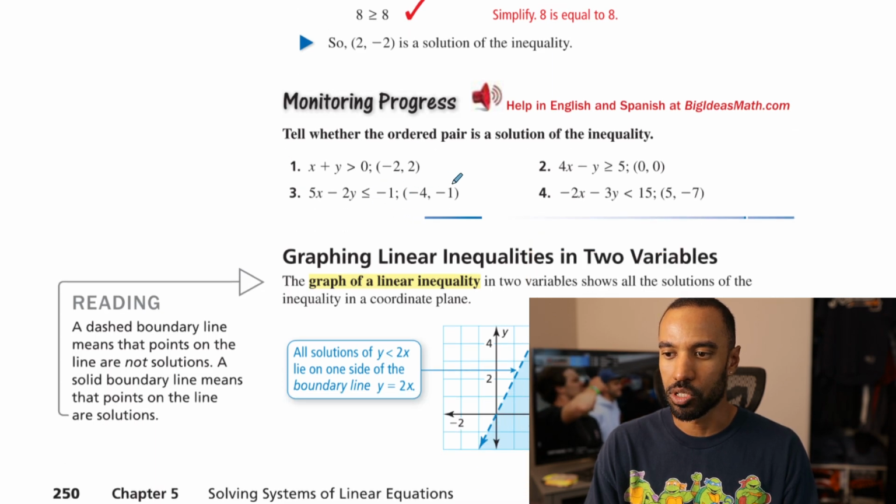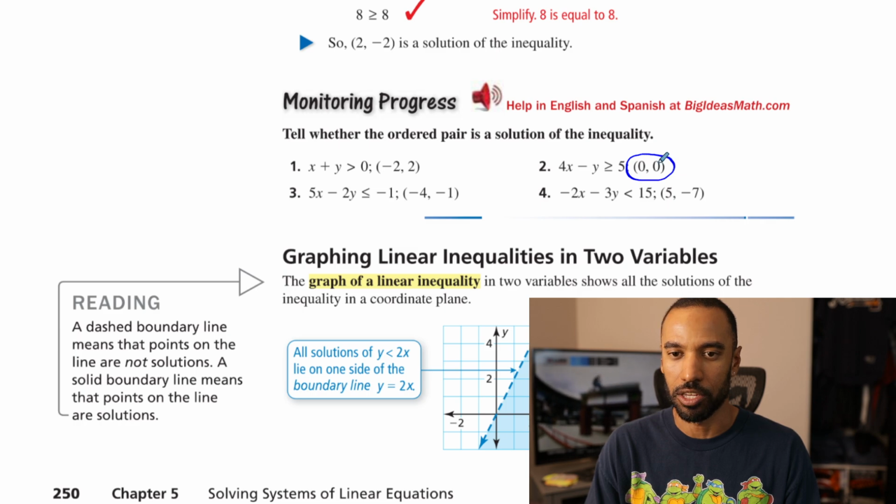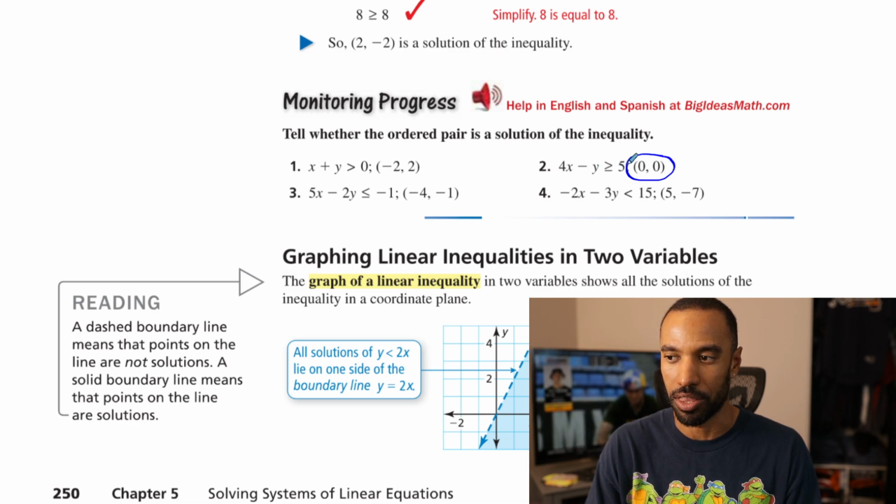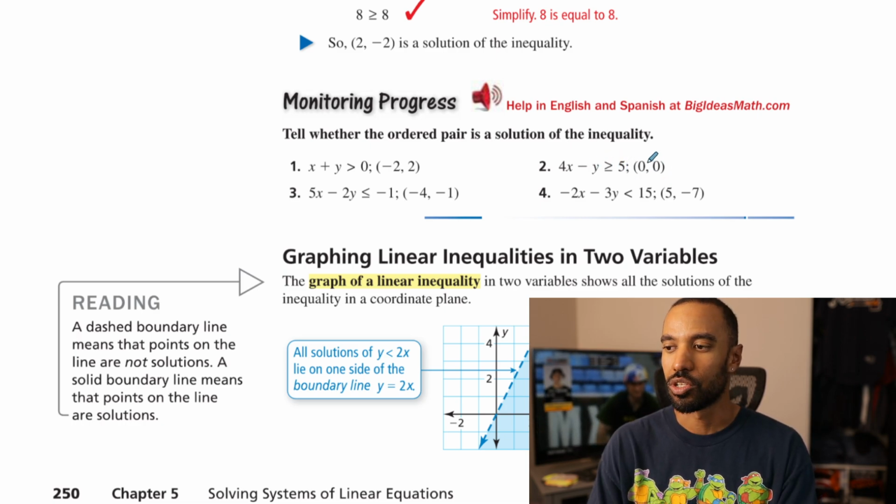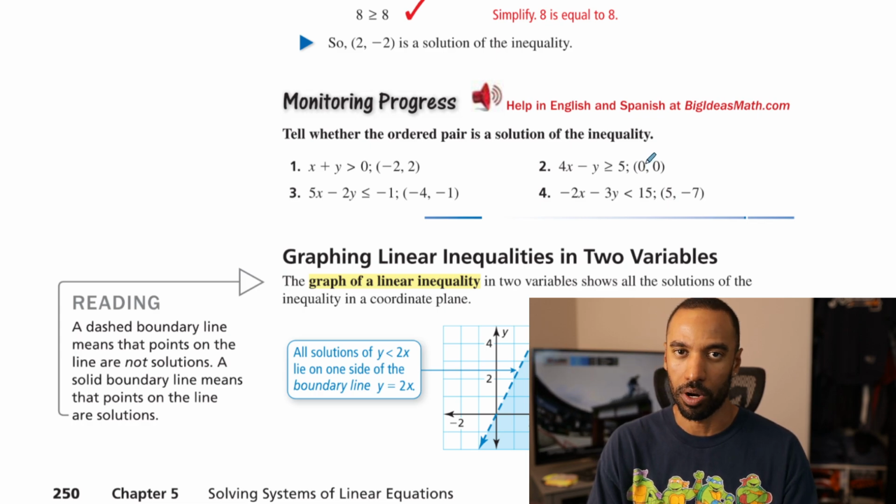So those are two examples. They have a couple others we can plug in here. My favorite one to always test when it comes to values will be 0, 0, especially how fast it goes. I just want to make mention of that. 0 minus 0 is 0. Is 0 greater than 5? No, it's not equal to 5 either. So that's going to be a nice easy test that we do, and one we're going to do quite often